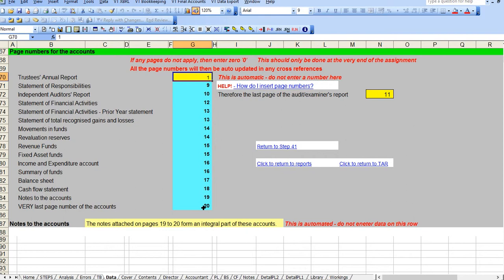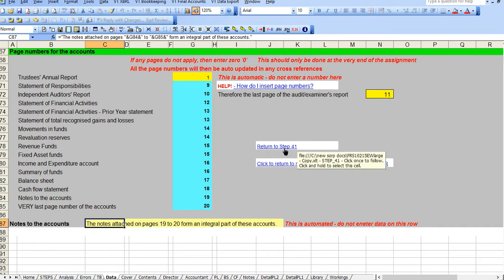This will then update a number of things. For example, it updates this statement here that appears at the bottom of the balance sheet and the statement of financial activities, saying that the notes on page 19 to 20 form an integral part of these accounts. It will complete a number of cross-references to page numbers that appear in the accounts, so you do not have to check these, and they will be correctly shown in the final accounts. When you're happy that you've entered all these items in here, return to step 41,